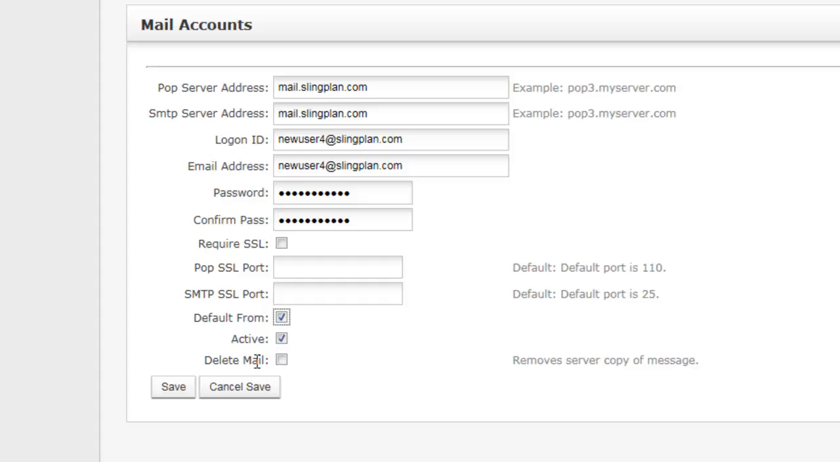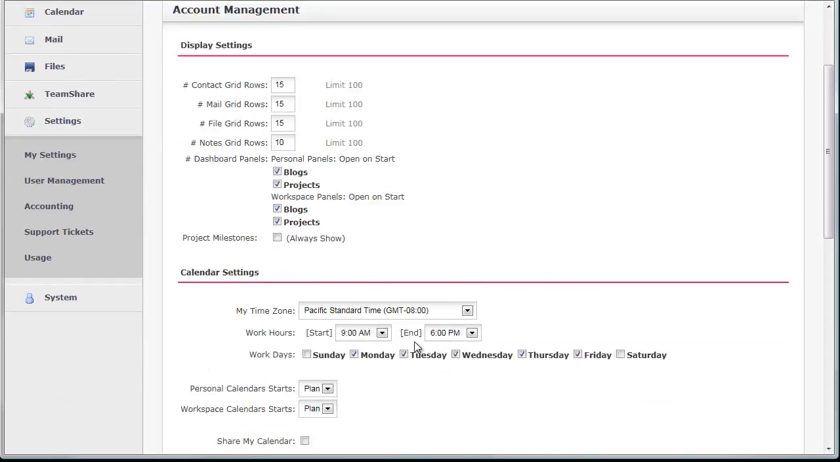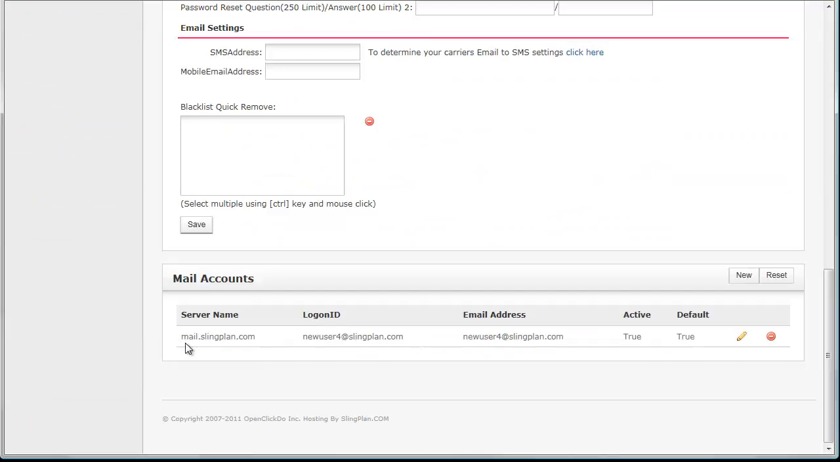If you choose not to delete mail, your mail will continue to be stored on your mail service provider. However, when we download the mail, it might take a little bit longer, especially if your mail account is larger, because we have to ensure that we don't download duplicates. In this case, I'm going to go ahead and tell SlingPlan that I want to remove the mail from the mail service provider. You want to save your account, and you'll now see that you do have a mail